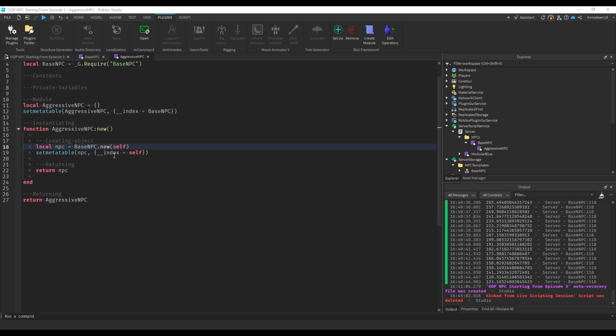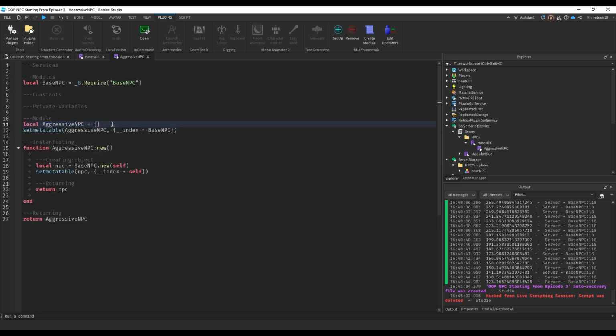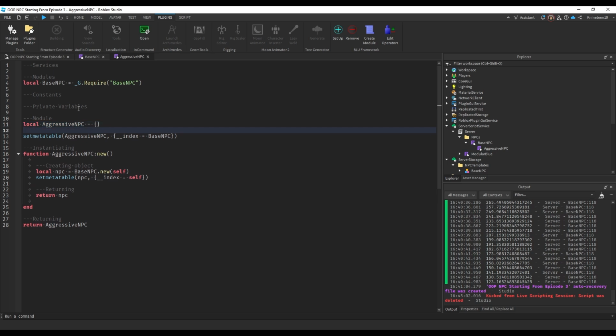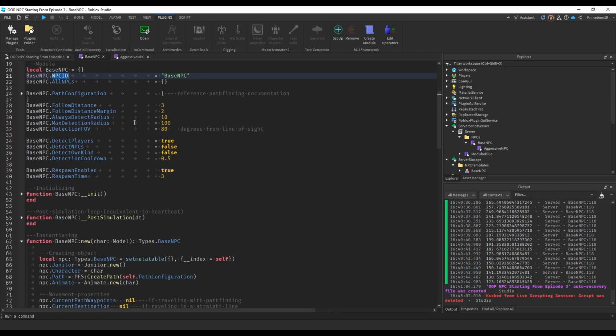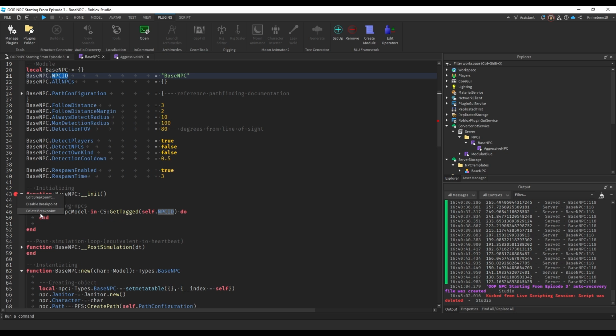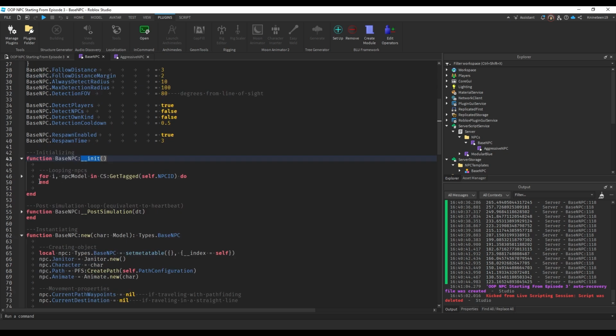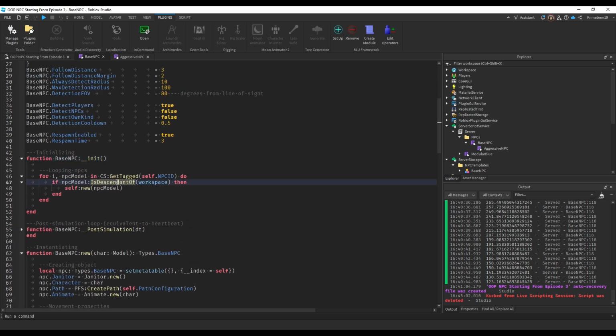Okay, now we're going to start off by modifying some of these properties and also adding some additional properties to the AggressiveNPC module, like I was mentioning that we can do now. So if we do AggressiveNPC.NPCID, that's the first thing we want to change, because we notice in here NPCID is BaseNPC. This is useful because if we go to the init function, this runs at the start of the game. It loops through anything with the NPCID tag, it creates a new NPC for that